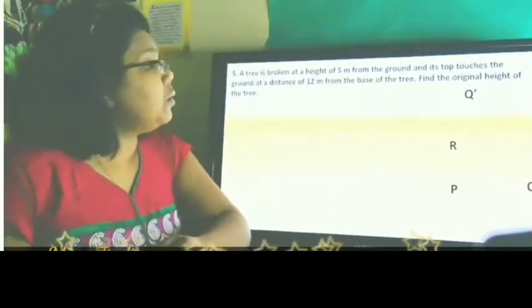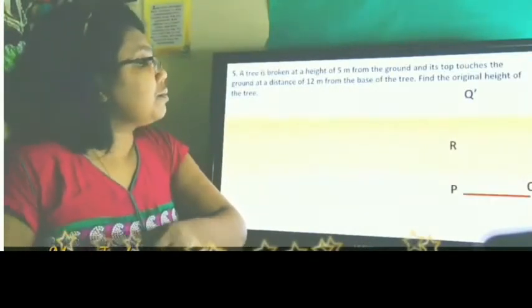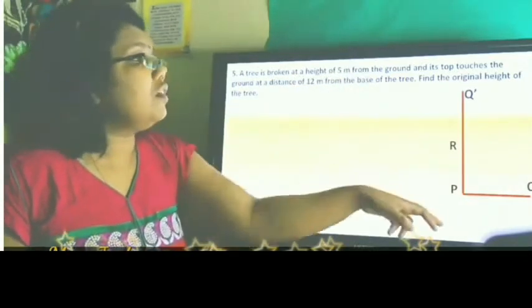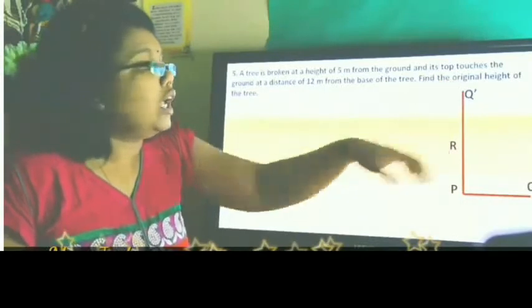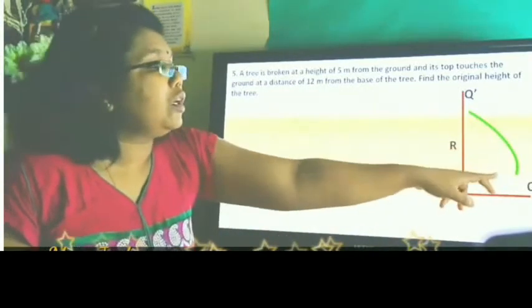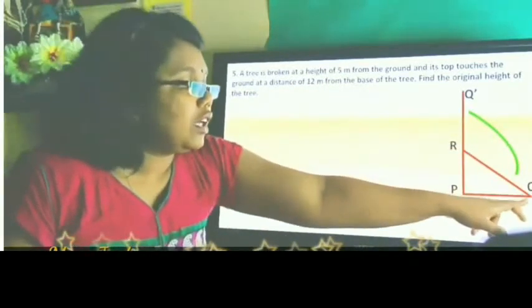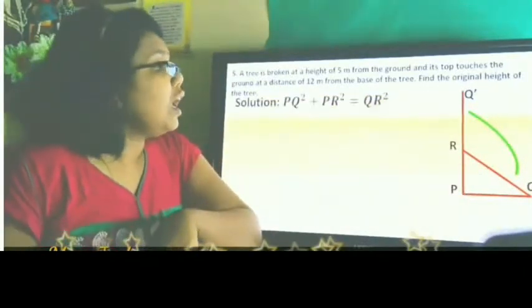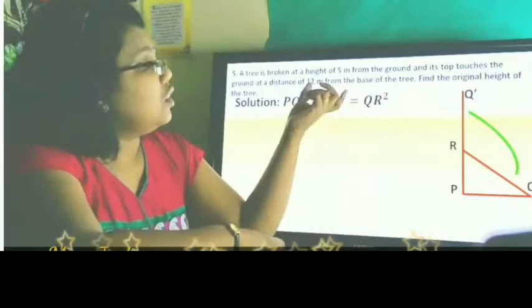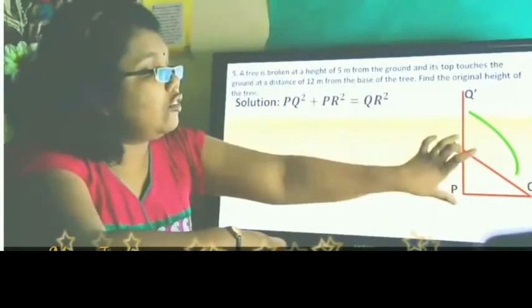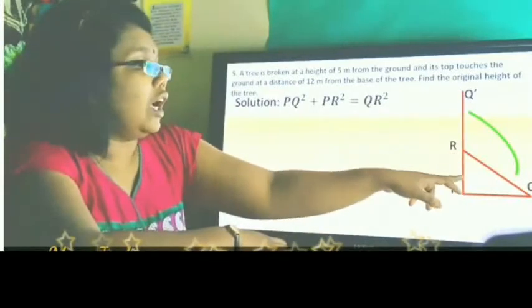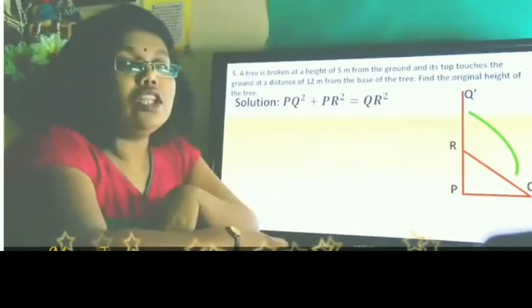A tree is broken at a height 5 meters from the ground and stops. This is the tree. It is so high. Now what happened is it's broken at R and it touches the ground. This part has come to the ground and become the hypotenuse. And we have to find the original height, that is the total height of these two parts. We have been given this, and we have to add this, and we have to find out the total height